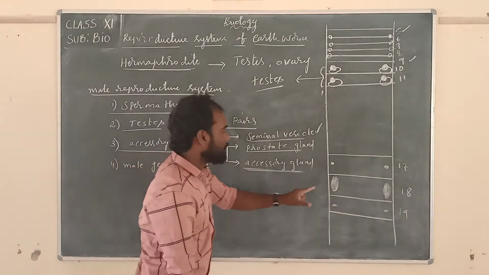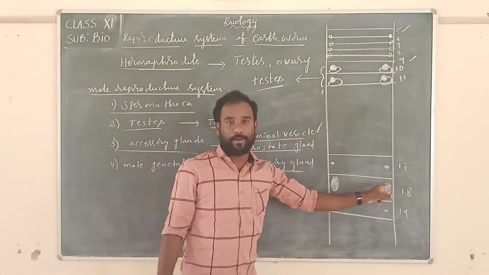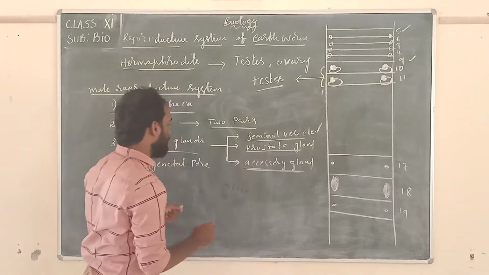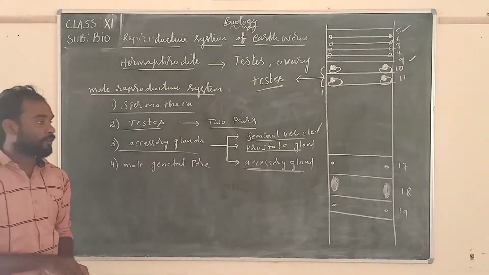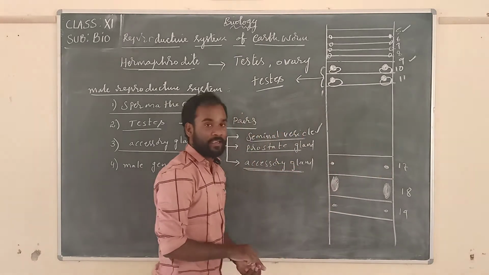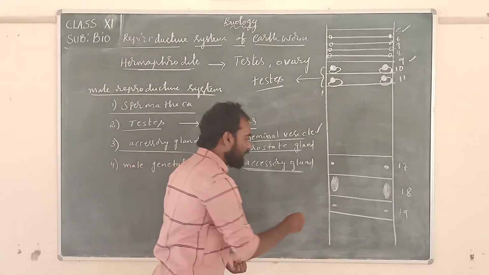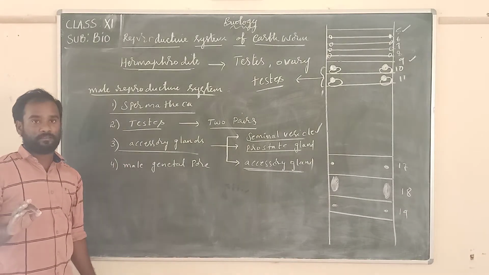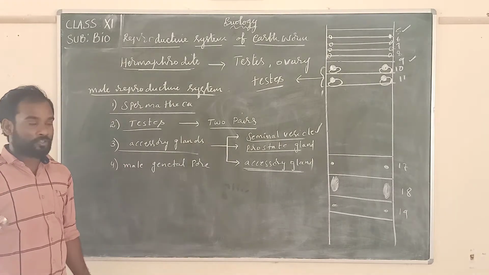Prostate gland. It is present in the 18th segment. There is a pair of prostate glands in the 18th segment. And accessory glands. One pair of accessory glands is present in the 17th segment and another pair of accessory glands is present in the 19th segment. Okay, understood? Next,